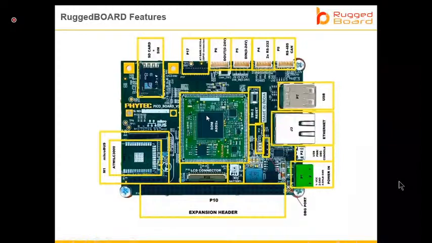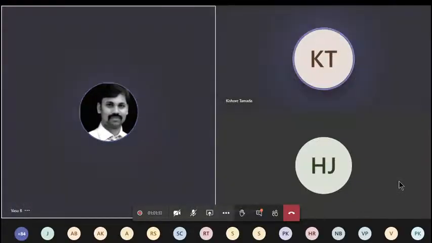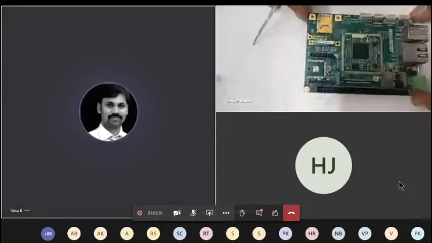Vasu sir, can you stop sharing your screen, please? Yeah, I'm trying. Screen share off. So now can you view, sir? Yeah, we can see.